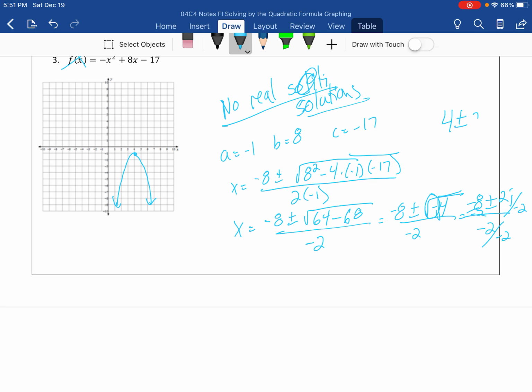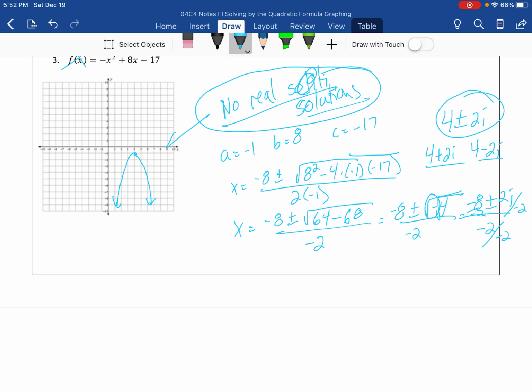So that's going to be 4 plus or minus 2i, and that's actually my solution. All right, I do have two imaginary solutions. I have 4 plus 2i and 4 minus 2i. But for the purposes of this, the graph tells you that there are no real solutions, and that would actually tell you